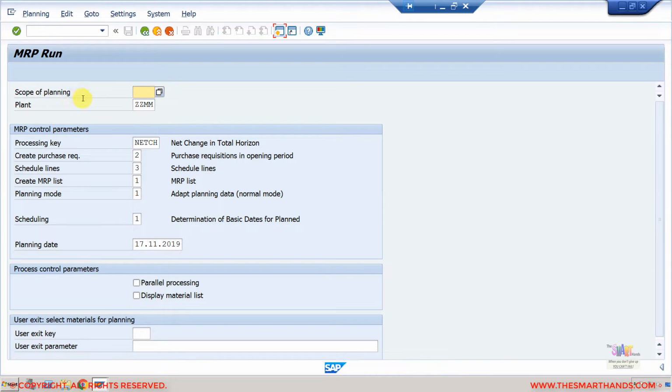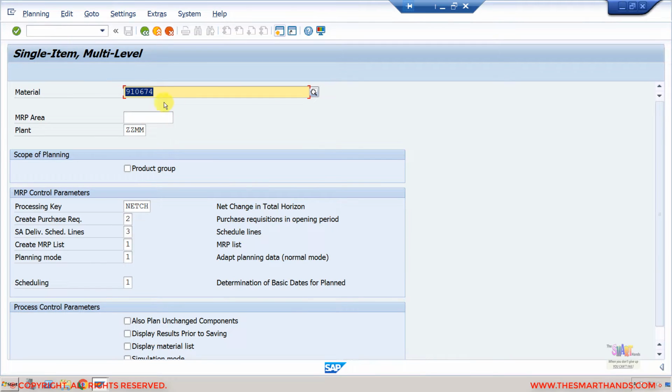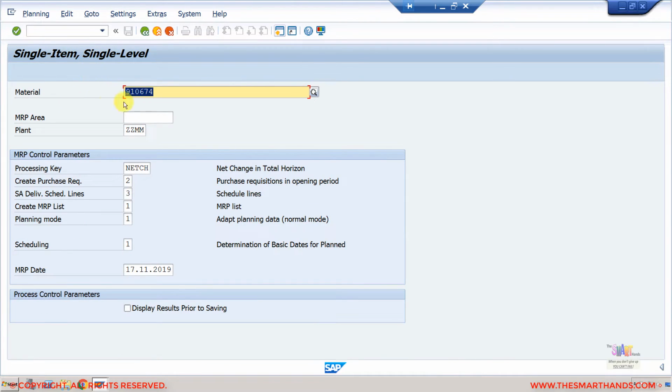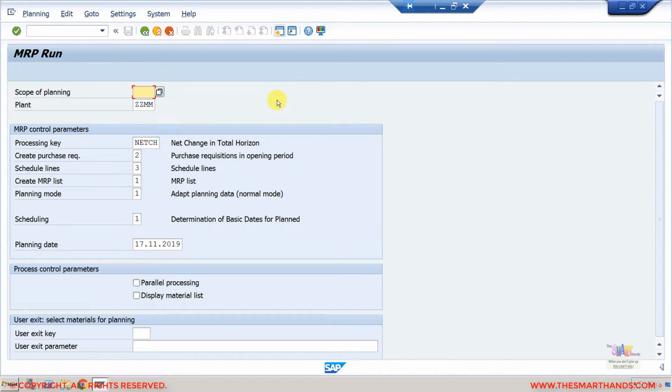So that's a traditional transaction still available in this system that we can run. And quickly I'll show you the other transactions as well. MD02: here you can see there's only one material we can enter, only one plant we can enter, and also MD03, where we can enter only one material and one plant. Now if I go back to MD01, as I said,